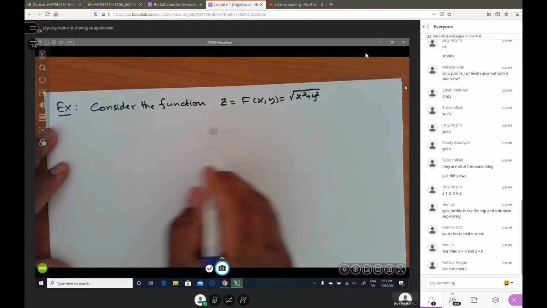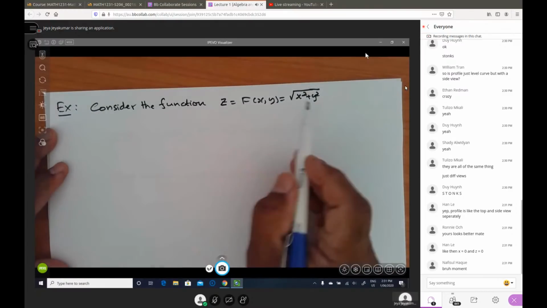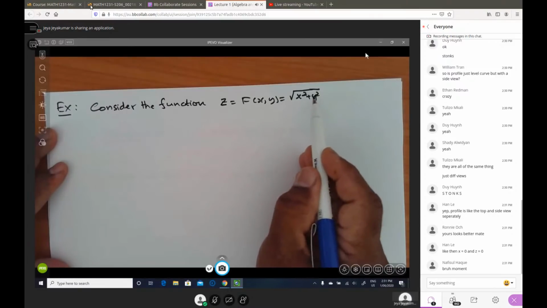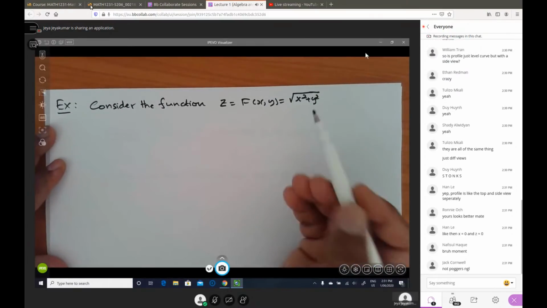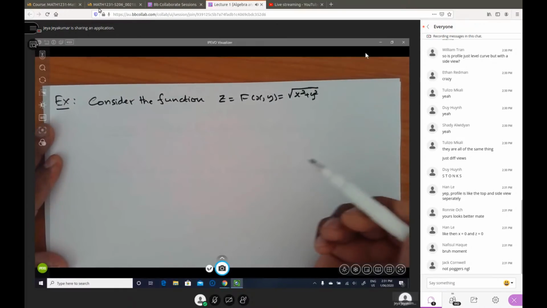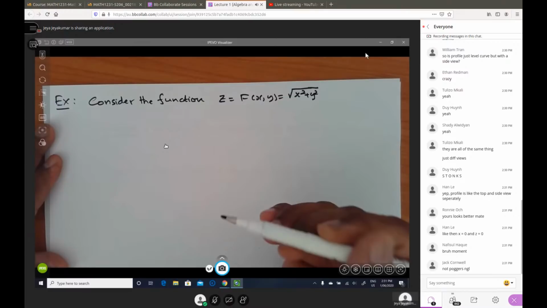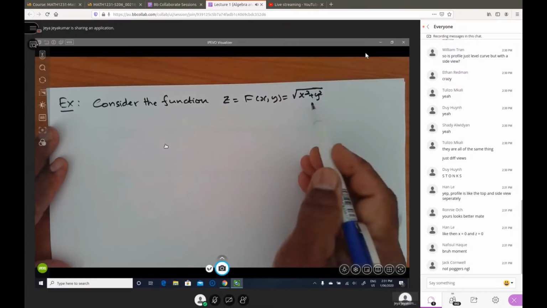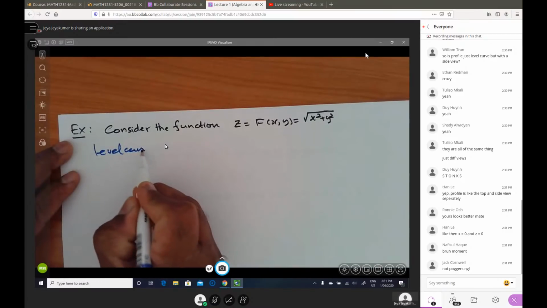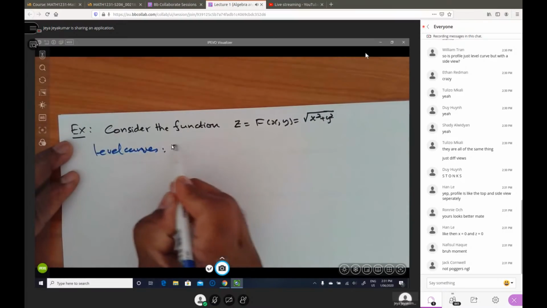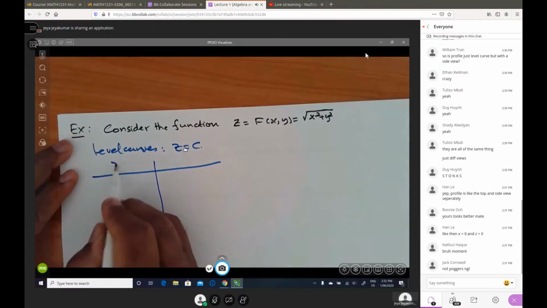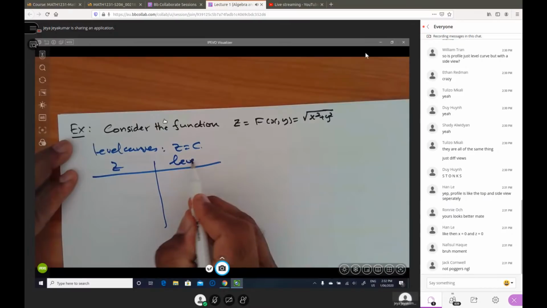So again, you can look at the structure of the function here. It's always the square root of a sum of squares, so it's always non-negative. The surface is going to appear above the xy plane because that value is always non-negative, right? All right. So the level curves are again circles. Level curves means z equals constant, right? So if you look at the z values and the level curve.